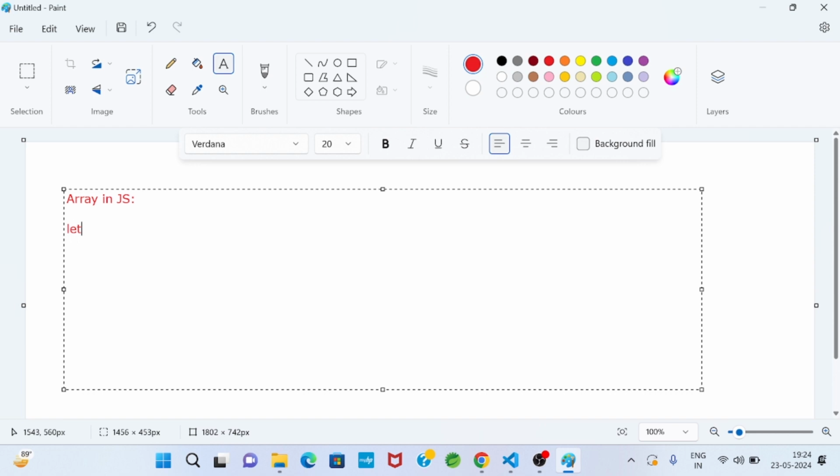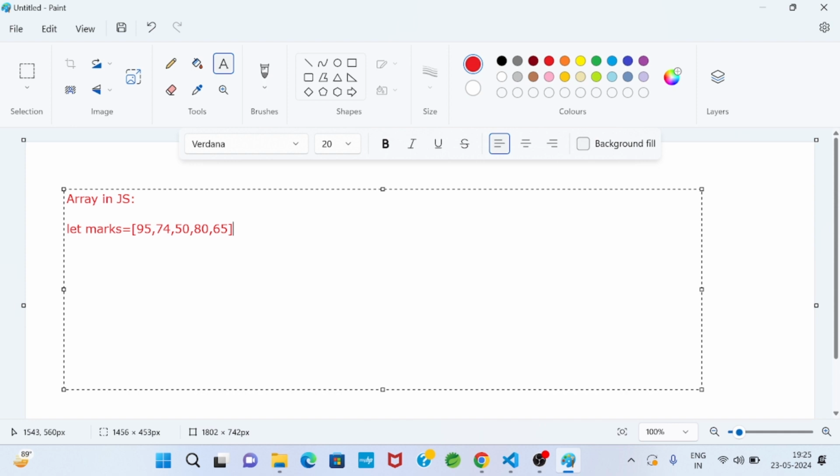Suppose I write let marks, and take a group of data items: 95, 74, 50, 80, 65.